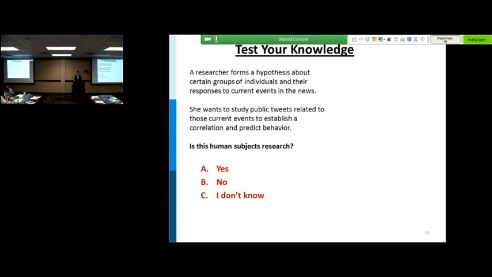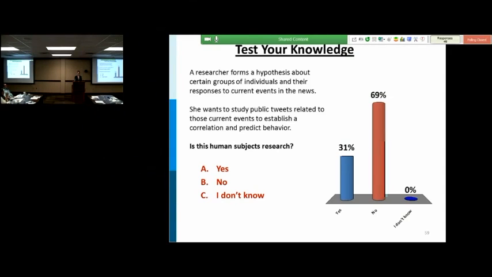Every time we go, there are more people. Okay, so I'm going to go ahead and close the poll. Okay, so almost 70% of you said no,